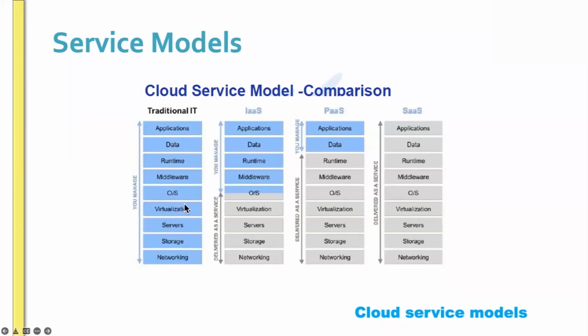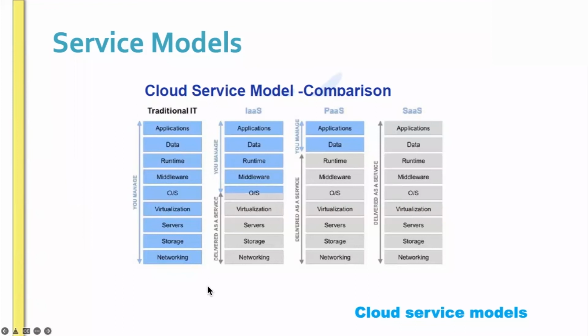In traditional IT, you first build the data center, with virtualization as a prerequisite, so it should be ready. On top of that, you create an operating system, maybe a Linux operating system. If you are hosting a Python application, you first build the data center, then create a Linux operating system, install the Python runtime, and upload and deploy the code, and your application is ready.